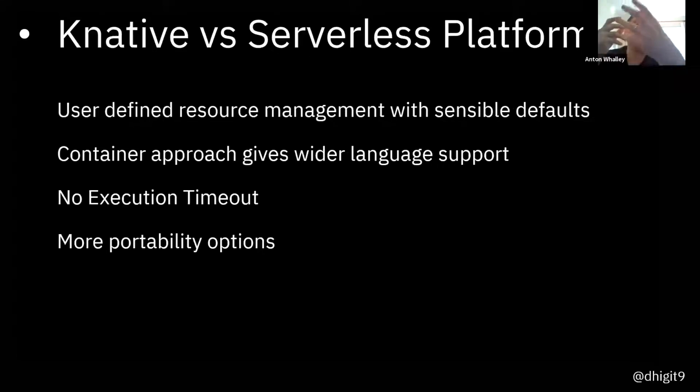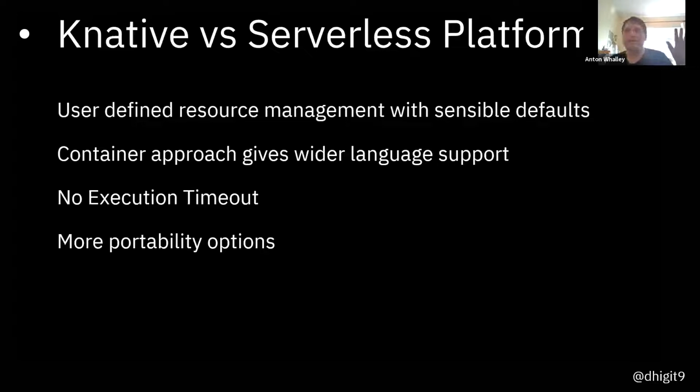So there are what we call traditional serverless platforms, or public cloud provider serverless platforms. So Lambda on AWS, you may have heard of, Functions on Azure, IBM Functions on IBM Cloud. I'm sure there are others that have them as well. But Knative differs from these public cloud platforms because Knative allows you to have user-defined resource management,